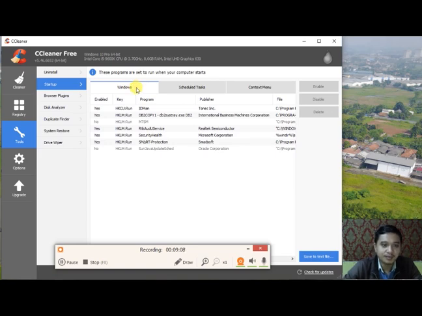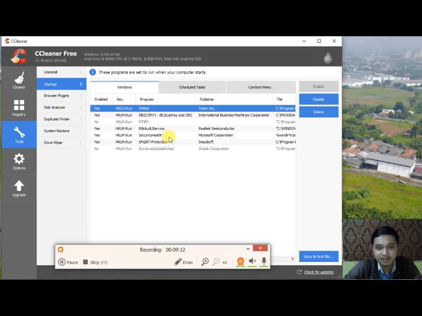So from my computer in the Windows tab, you can see there is the program IDMan, where I installed Internet Download Manager. It will start automatically when I turn on the computer. Enabled, yes. And then DB2 copy.